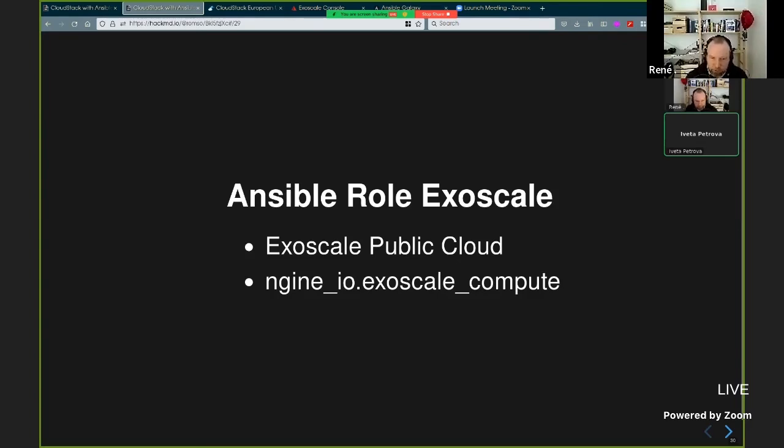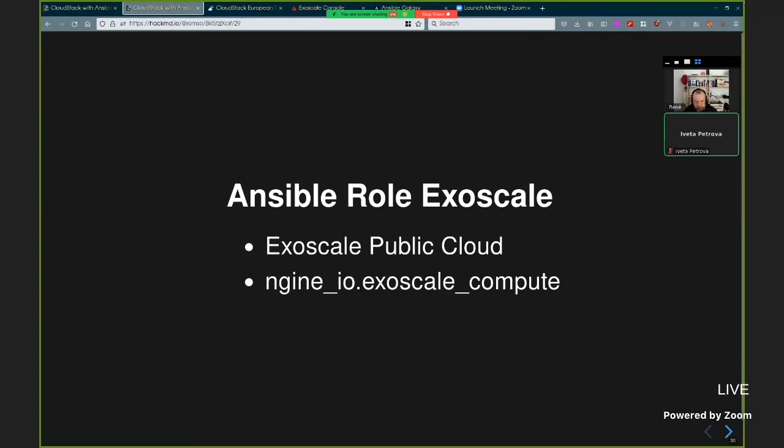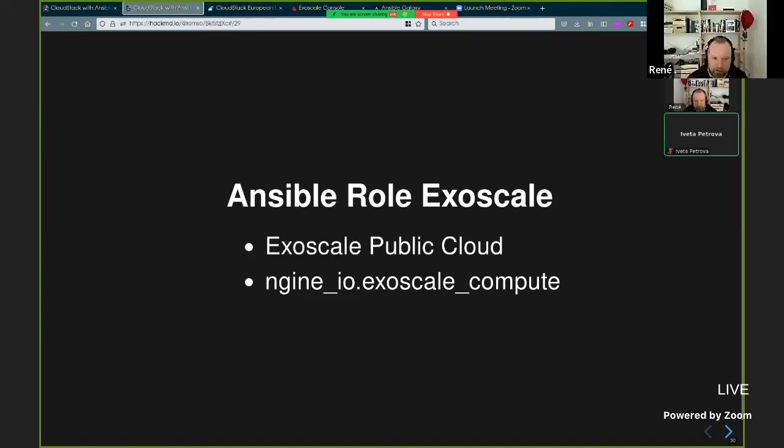You can find it on the internet on Galaxy. Galaxy is the shared package hosting of Ansible, and it can be an inspiration if you have a cloud running for your customers. You can build a similar thing for your customers in your CloudStack setup.